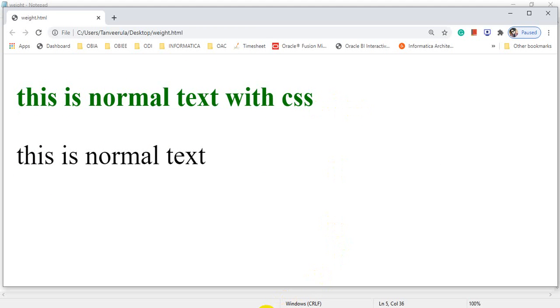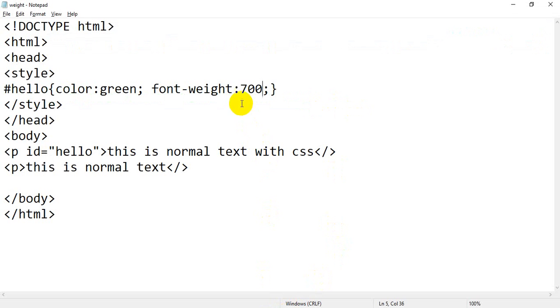See here, I have given 700. So you can assign either a value in numerics or in words, but for words we have only 4 things: one is lighter, one is normal, one is bold, and one is boldest. And if you assign a value in numeric form, you can assign from 100 to 900, where 100 is the lightest, 900 is the boldest, and 400 is normal.